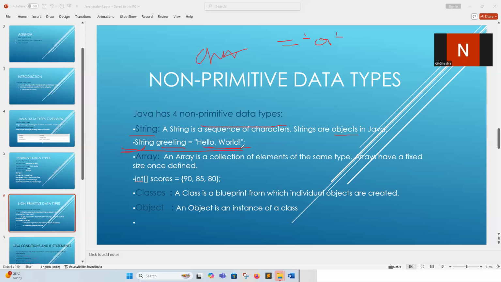And coming to the array, in int a, a equal to 10, it means it is an integer data type and the variable holds only the single value 10. But we want to declare 10 comma 20 comma